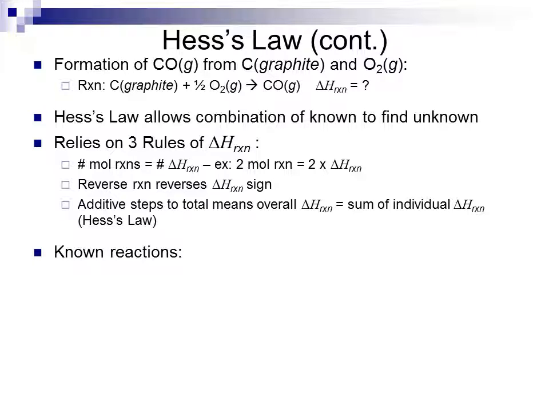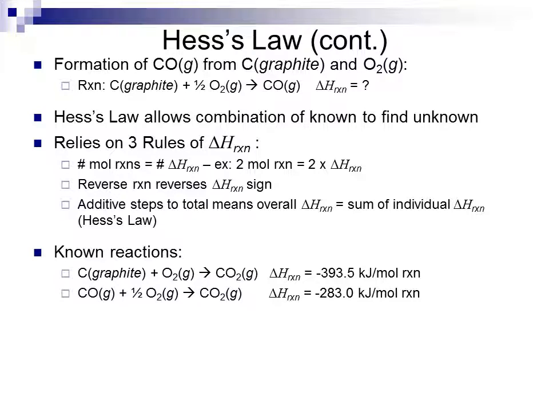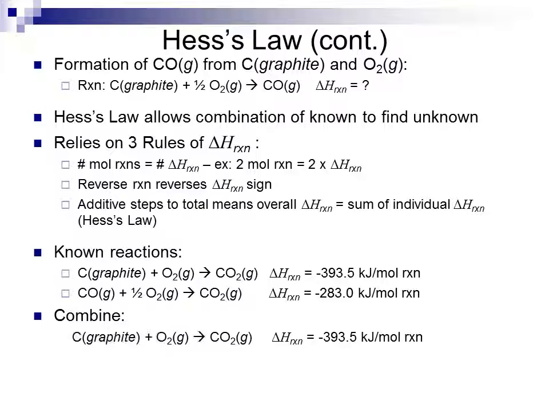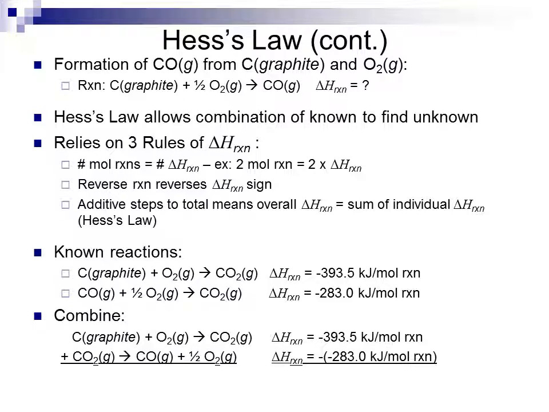So if I have for this process known reactions such that graphite plus oxygen yields carbon dioxide with an enthalpy of reaction of negative 393.5 kilojoules per mole reaction, and carbon monoxide plus 1/2 oxygen yields carbon dioxide with an enthalpy of reaction of negative 283.0 kilojoules per mole reaction, I can combine these two together such that if I take the reaction as written for the first and reverse the second reaction,